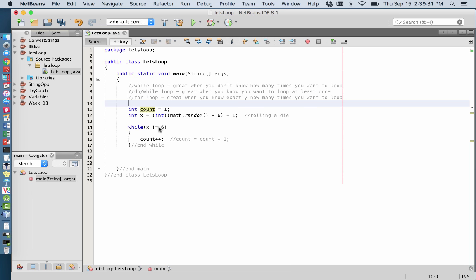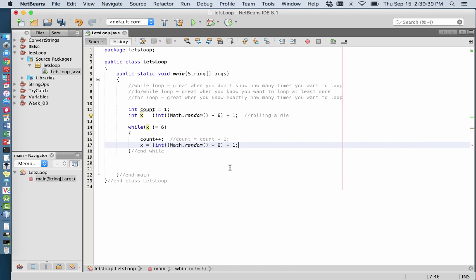If x does not equal 6, then we're going to increment our count, and then we need to roll again, right? So I'm just going to copy this code over, and then we're going to assign a new value to x. So x will get some new random number between 1 and 6 right here. We come back up to our while loop and ask, does that new random number equal 6? If it does, then we'll drop out of our loop, and then we can simply print